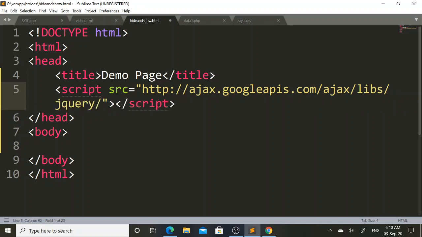Here I need to mention the version of jQuery that I am going to implement in this web page, and I am using 3.5.1 version. Then again slash jQuery.min.js.